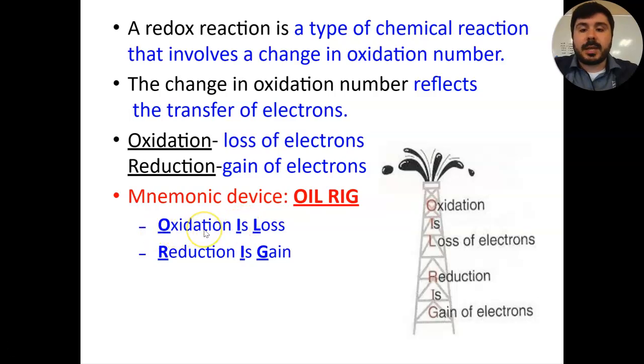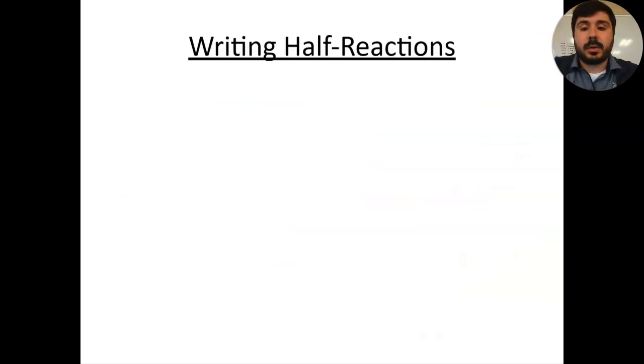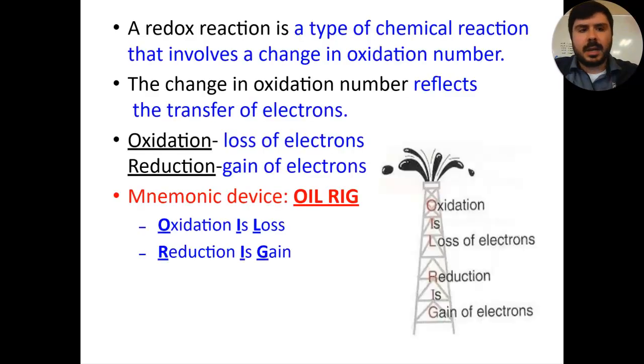The first letter of each of those words gives you exactly what's happening to the electrons. You have to know these two definitions like the back of your hand. It's really important you understand the difference between oxidation and reduction in terms of what's happening with electrons. This mnemonic device, OIL RIG, is really going to help you out here, so please spend some time thinking about this. Like everything else, we'll talk more about it in class and explain some more things, so